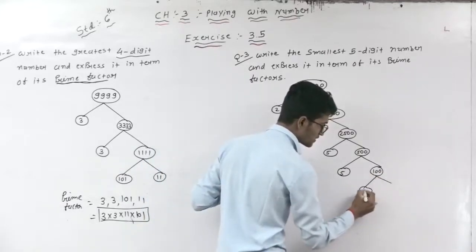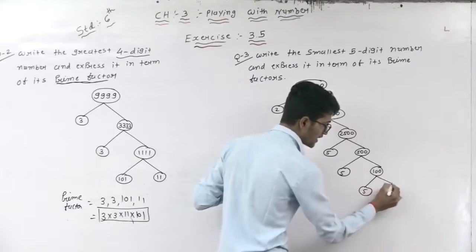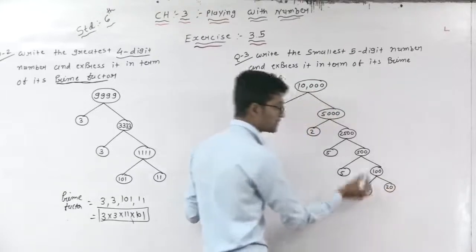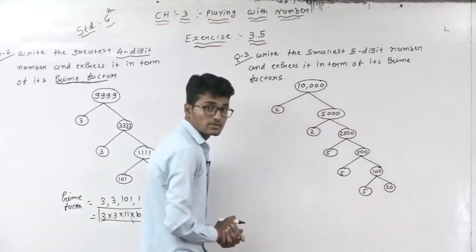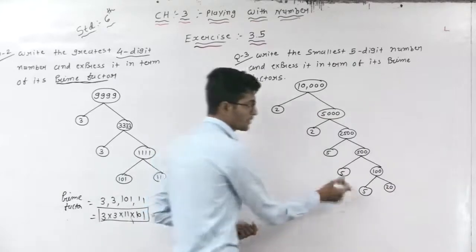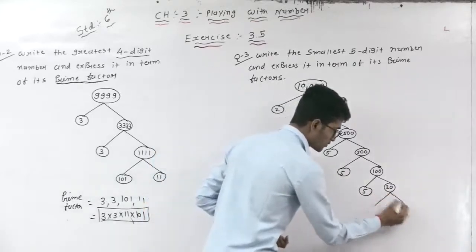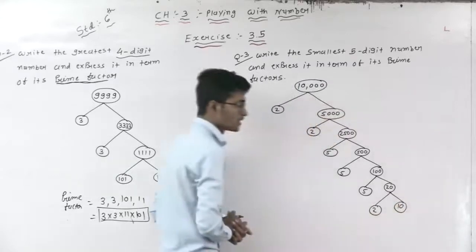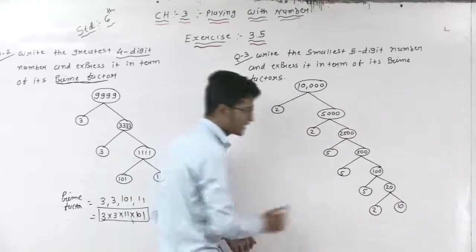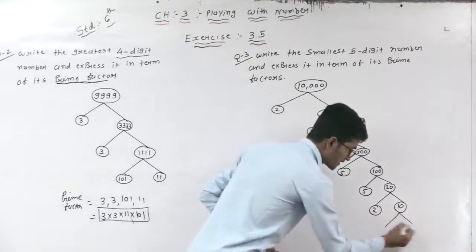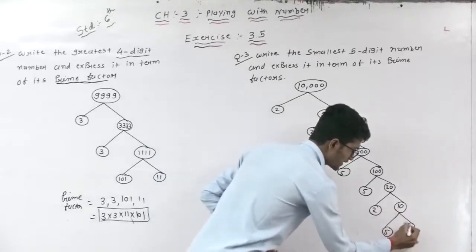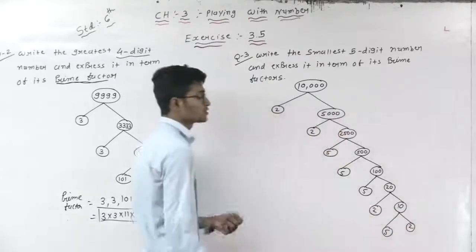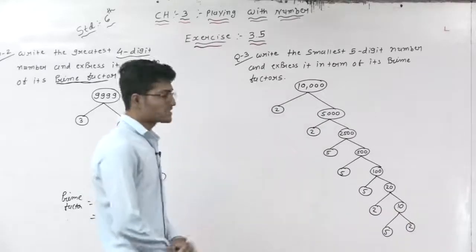Move ahead. This one is 5 and here is 20. 5 20s are 100. 5 has no factors but this one does, no problem, move ahead. 2 10s are 20. 2 has no factors, this one does. Write down, here is 5 and here is 2, so 5 and 2 have no factors. So our sum is completed here.